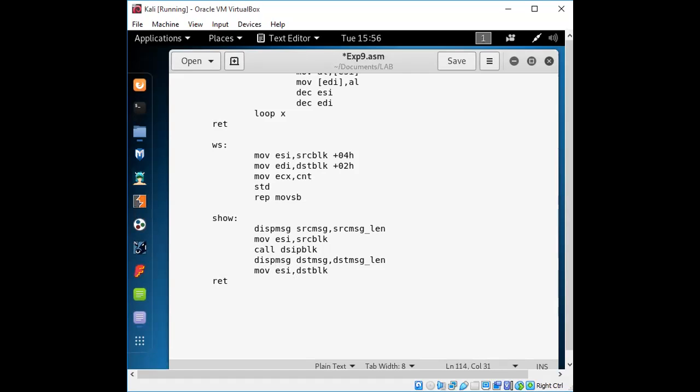Now while moving, as we are pointing to the destination block content, considering the first two elements as common, we need to decrement, or transfer the element with respect to that. So we'll get two locations less, or we will be pointing from that point when we copy the element, with the display.